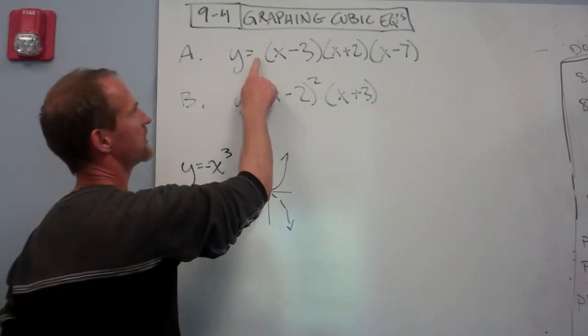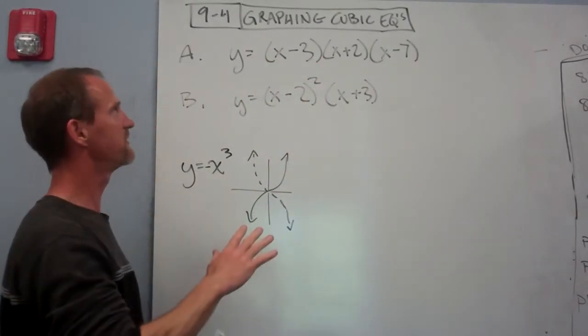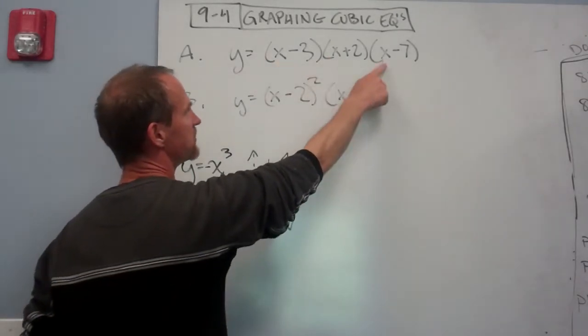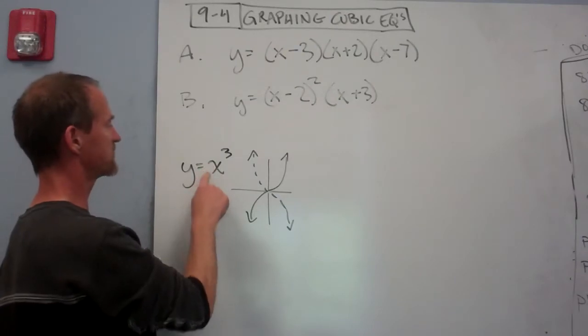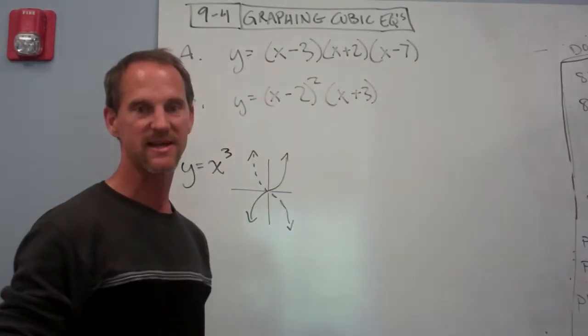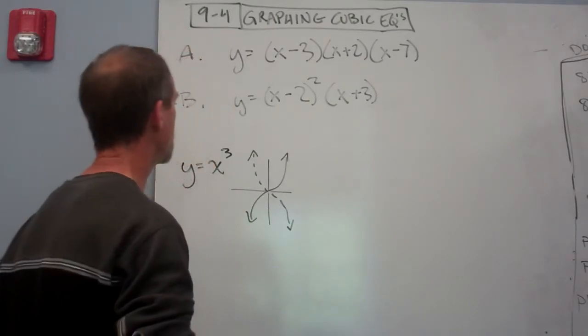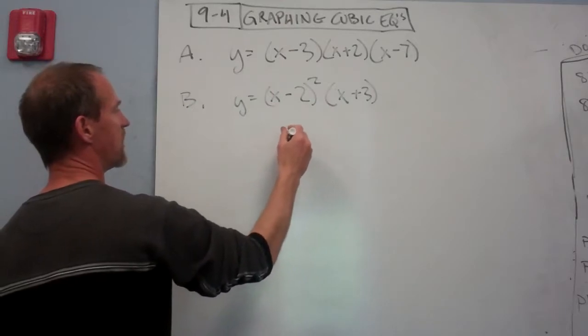So you get to look at these and see if there are any negatives out in front of the parentheses. If they're not, then you multiply those all together sort of in your head, and you get a positive x cubed out there. We're going to leave this in factored form for graphing because that's really the easy way to graph. What we're going to do is we're just going to draw our axes,